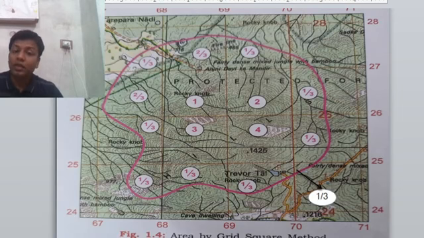That means apart from this nothing is here. That means 27 is the last one on this topographical map. 28 does not exist in this map. Like that, easting is 67, 68, 69, 70, not 71. 71 is the last point and is not counted. So this is a 4 figure grid reference.